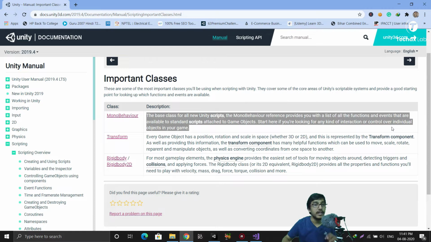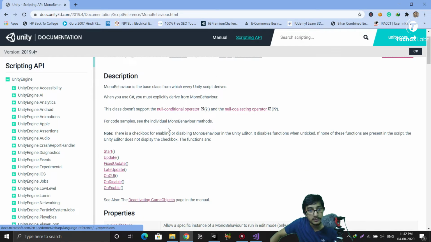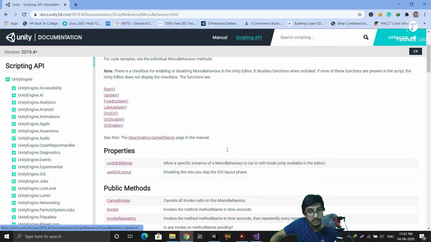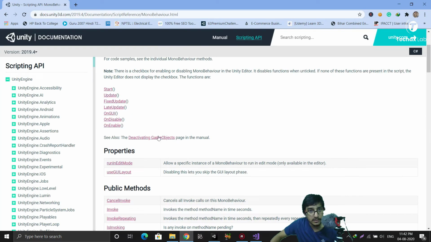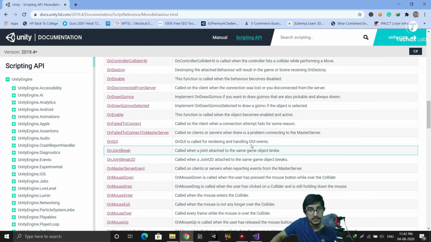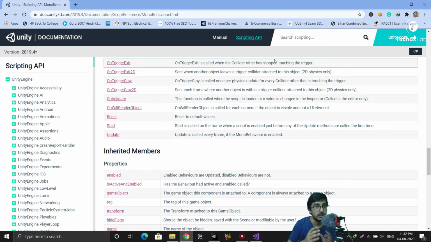Similarly, if you have any doubt regarding the features of Unity, you can look it up on Unity documentation, and there are chances that your doubt will be solved here. So use this feature of Unity documentation. Okay, and let's click on this mono behavior, and here you can see all the descriptions of mono behavior. You can see the start and update functions that were present in this script, void start and void update. So all the information is there. So if you want to learn scripting or to learn about any of the features, be sure to check Unity documentation once. It's very helpful.